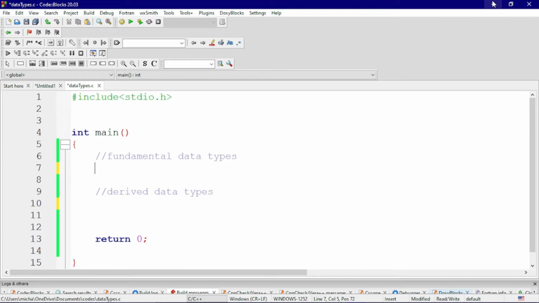In this episode, we're going to learn about data types in C, and this is so far the most fun and lovely episode you can imagine, because here we're going to talk about all the confusions that you have had from day one up to now. In C, we have two categories of data types, which are fundamental data types and derived data types. C is not an exception to any other programming language.